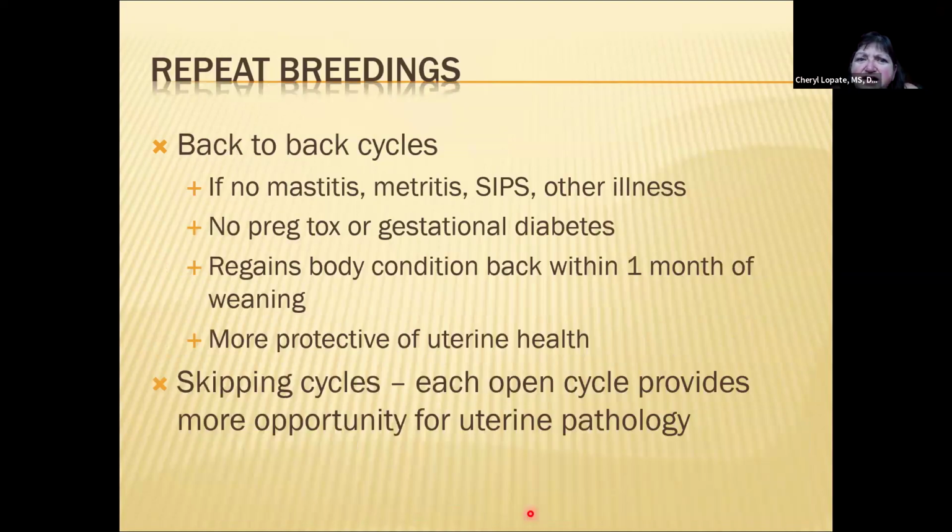All right, and then the last thing we're gonna touch on here is repeat breedings. People often ask, should we breed on back-to-back cycles? Is it okay to breed on back-to-back cycles? My rule of thumb is if that bitch has had no health problems during her lactation, she didn't have mastitis, she didn't have a uterine infection, she didn't bleed more than 8 weeks postpartum, so that's a SIPS-like condition, subinvolution of the placental sites, or have any other type of illness associated with her